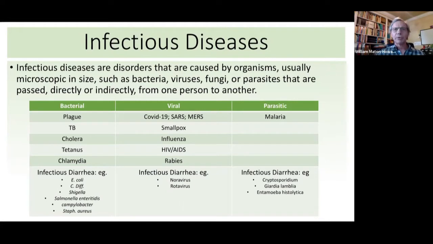2 particularly important advances relate, firstly, to the work of Jenner in the late 1790s, that led to the first vaccine, one for smallpox. And secondly, to the development of antibiotics in the 1920s and the 1930s. These 2 tools in particular have helped considerably in reducing the severity and the impact from many of these diseases. They've also contributed significantly to major global programs attempting to eradicate some of these diseases.